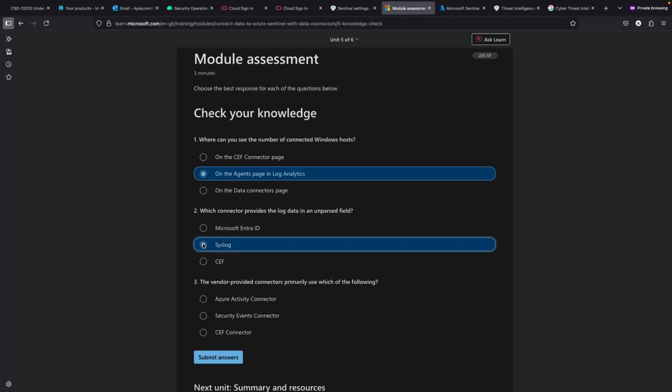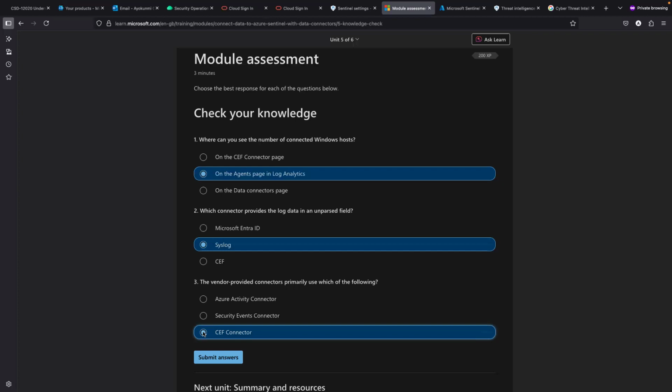Any thoughts? That should be the common event format this year. Azure, I think Azure goes for me. Yes, Azure. Yeah, I believe it's CEF. We also saw earlier, what's it called? I think it's specifically